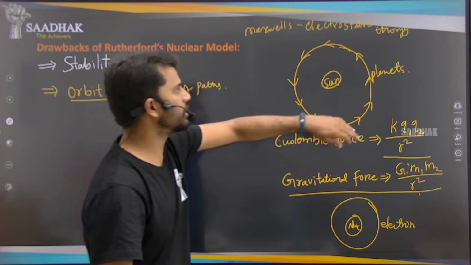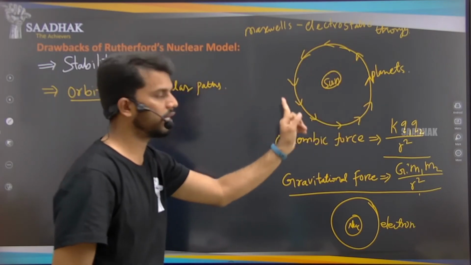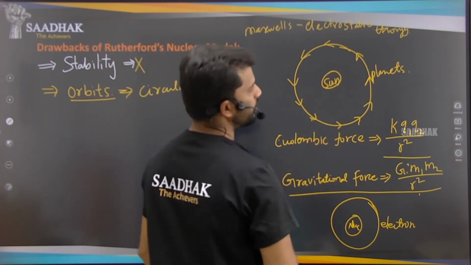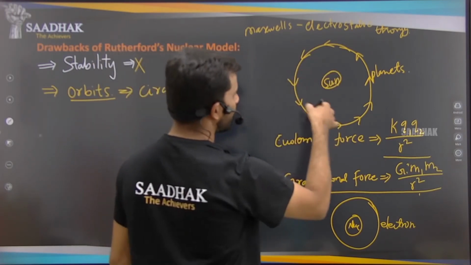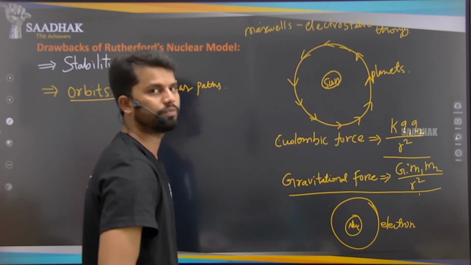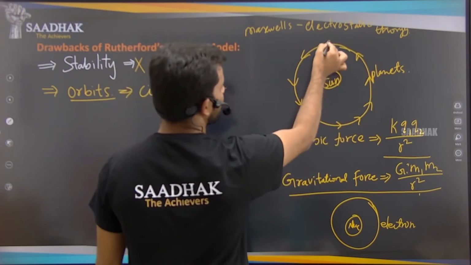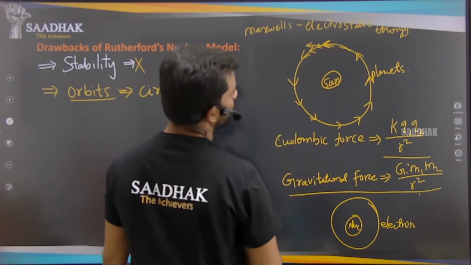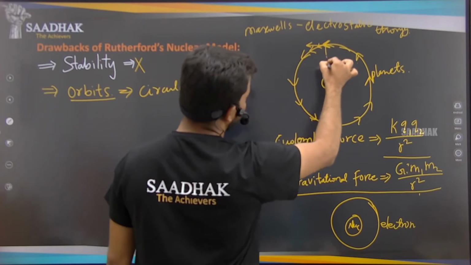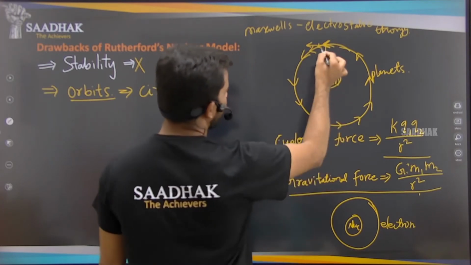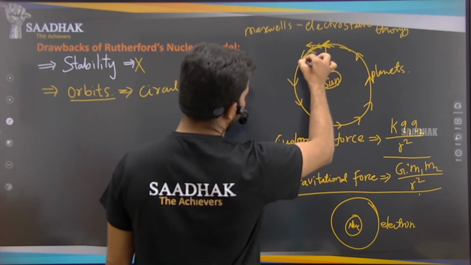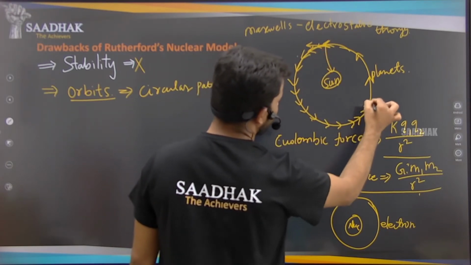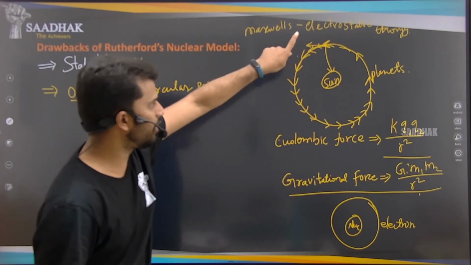So when any object is moving in a circular path, it will automatically accelerate due to the force applied onto this object, right? If the object is moving in a circle, it will have an acceleration, because there is a change in the direction at every point, right? At every point, this will be our direction of the motion and this will be our force applied here. So it is changing its direction at every point, so it will ultimately acquire acceleration, yes or no? So every time it will try to acquire acceleration.